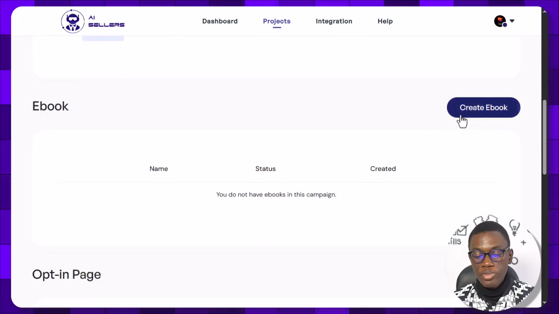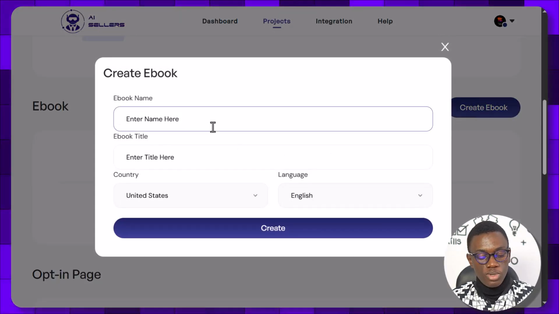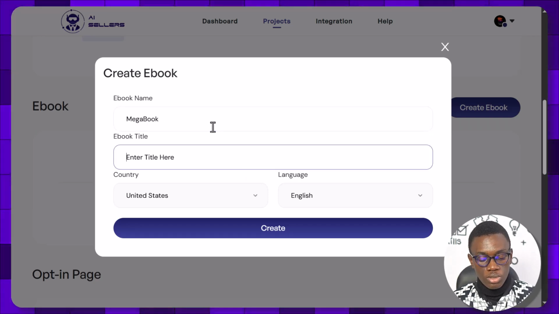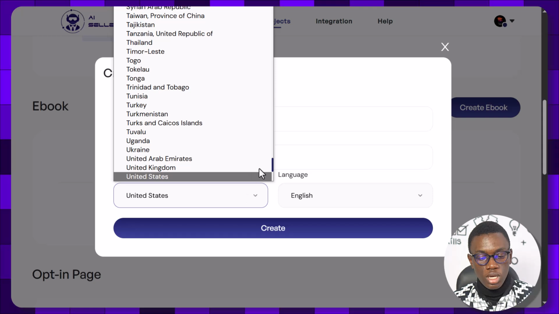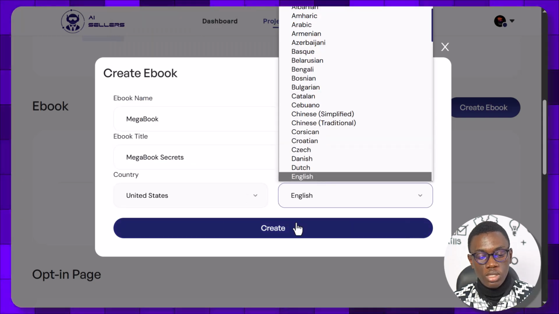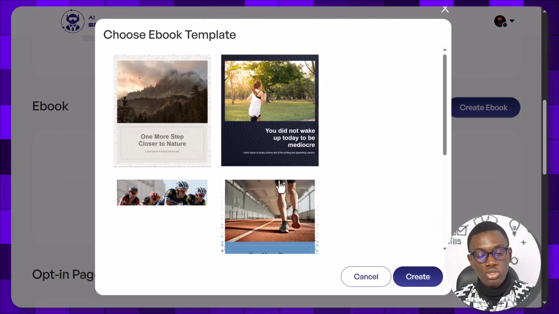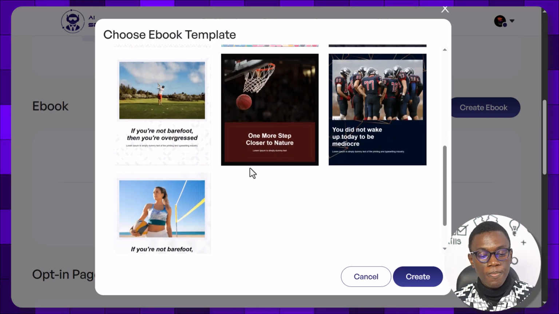You can create an ebook. You include the ebook name, the ebook title, the country, and the language you want it to be in. When you're satisfied, you can choose an ebook template